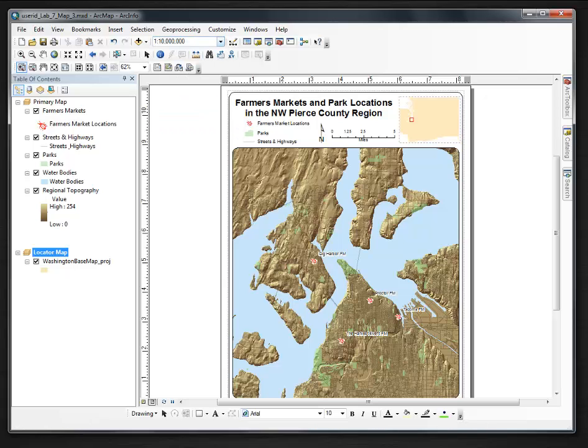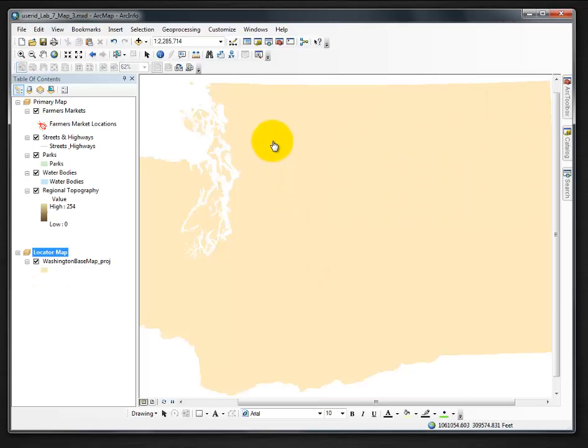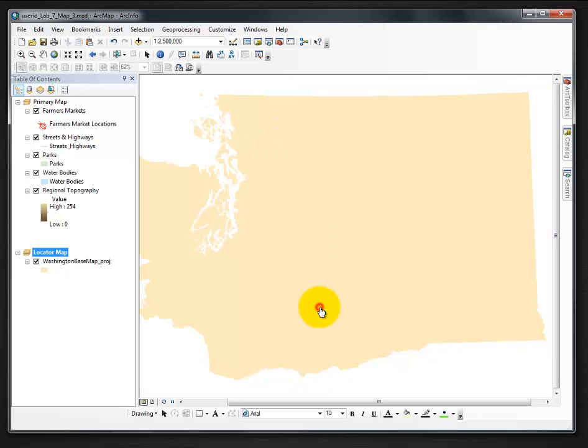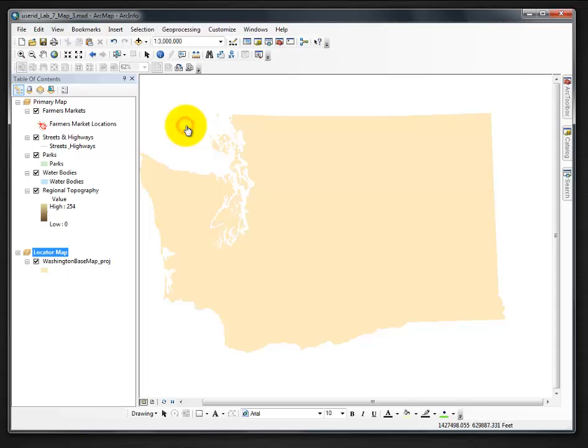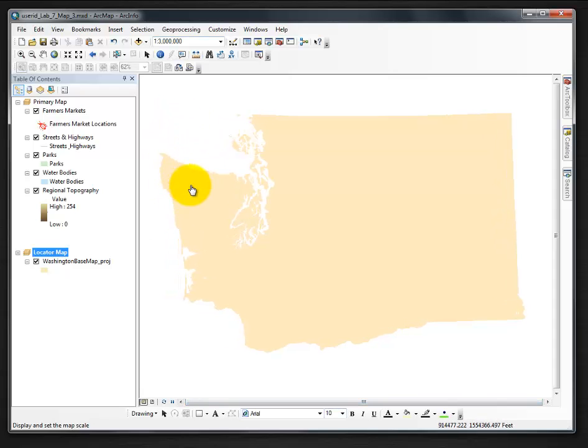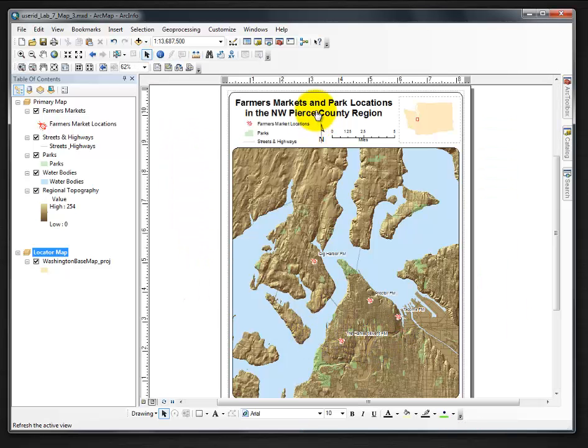1 to 10 million. The best course of action is to go back to the data view and then move it around a little bit. In this case, I'm going to narrow it down to 1 to 3 million with my mouse, and then click back over to the layout view, and it seems to look pretty good right there. Although, look what happens. It changes to 1 to 13,687,500. It looks like it could get a little bit bigger, in which case, let's bring it down to 1